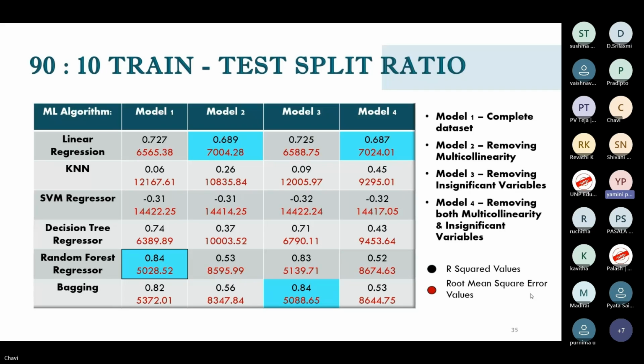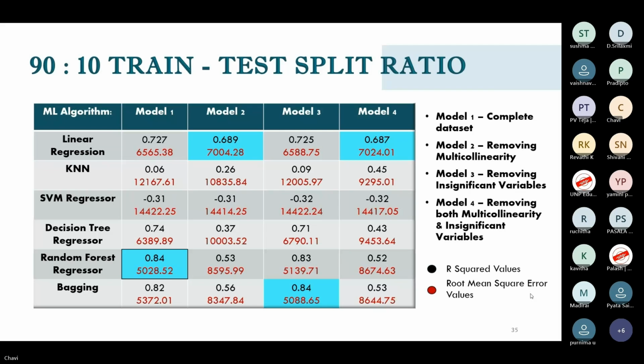Here again, now we are taking the 90:10 train test split ratio. In that, model 1, again random forest is giving the highest R-square value, that is 0.84, and the lowest root mean square error, that is 5028.52. In model 2, linear regression is giving the highest R-square value, that is 0.689, and the lowest root mean square error value that is